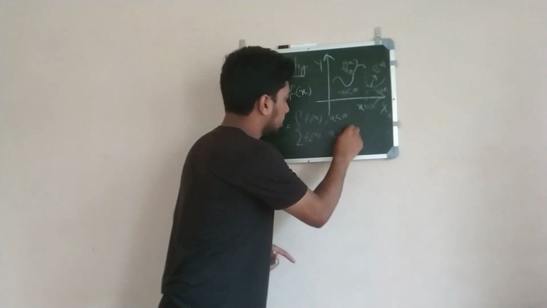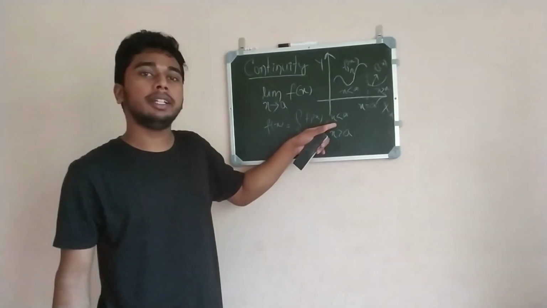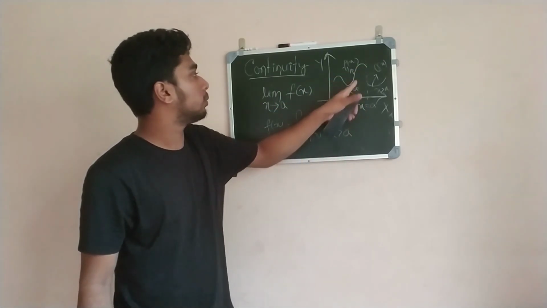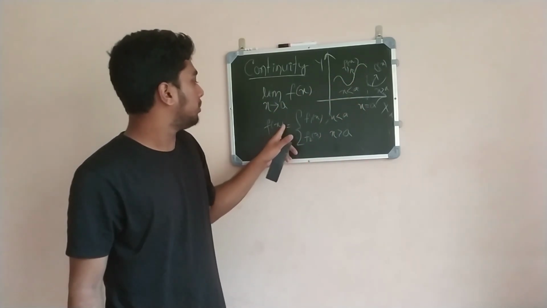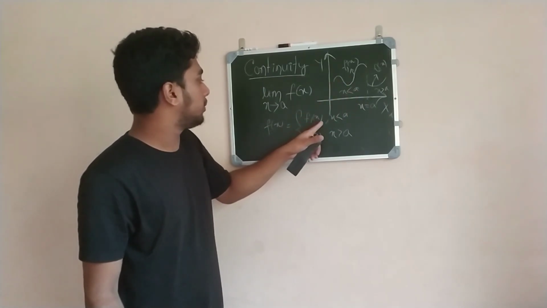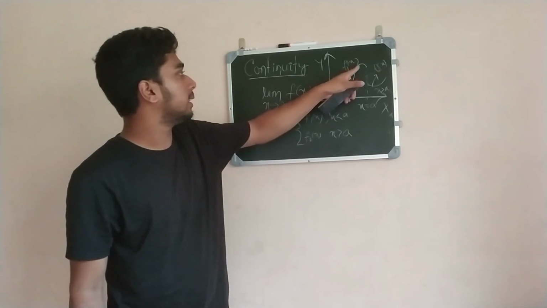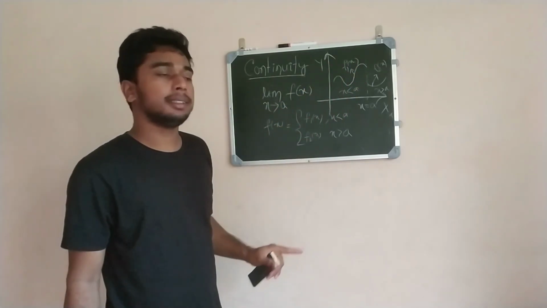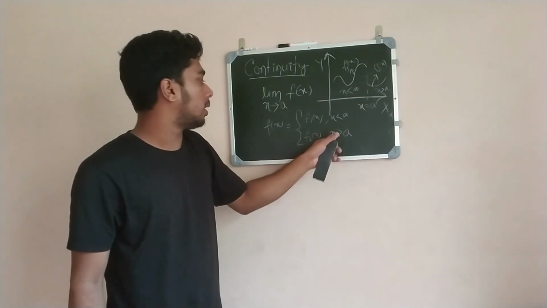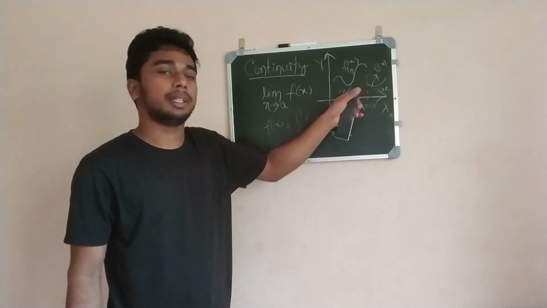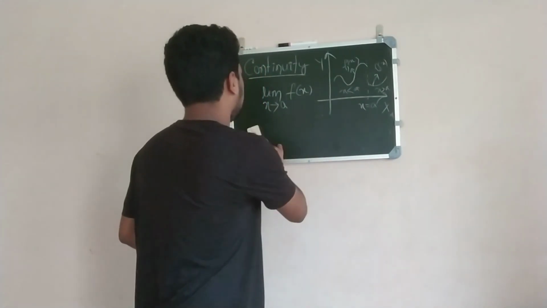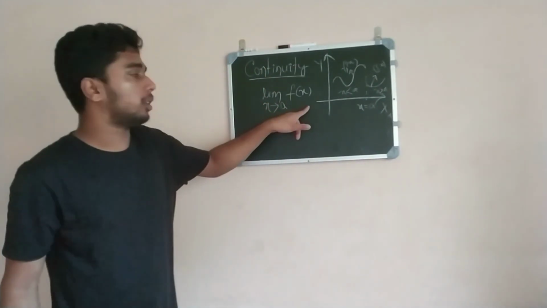x greater than a. Then what about x is equal to a? What about x is equal to a? Here I represented that f of x is defined as f1(x) if x is less than a, and f2(x) if x is greater than a. So at x is equal to a, what happens? If I solve this limit,